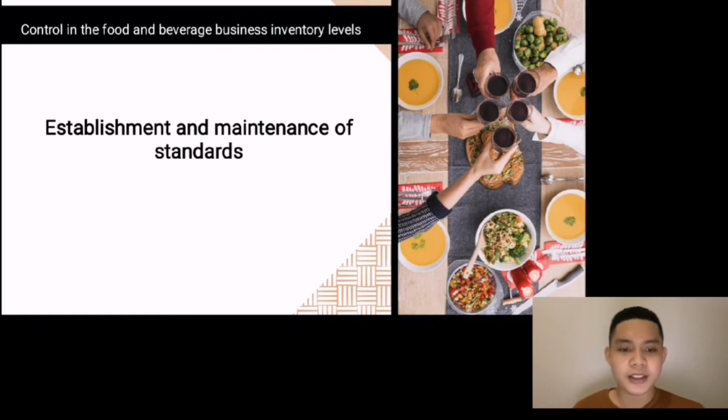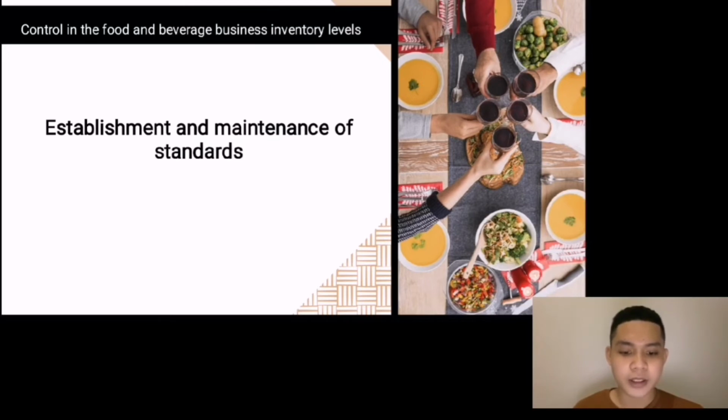Establishment and maintenance of standards. The basis of the operations of any food and beverage outlet is the establishment of a set of standards which could be particular to an operation. This explains the management could have set SOP, standard operational procedures, which should be readily available to all staff for